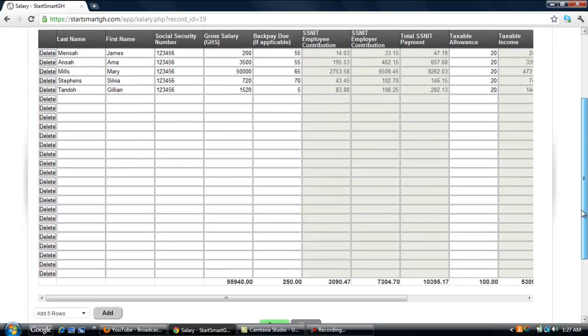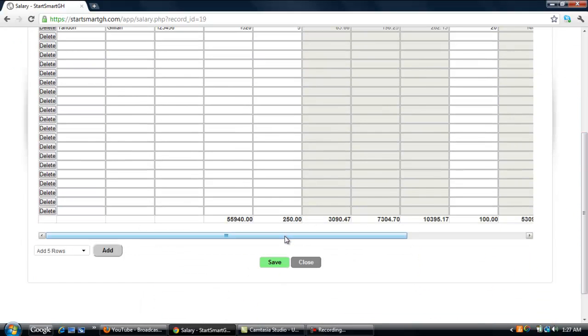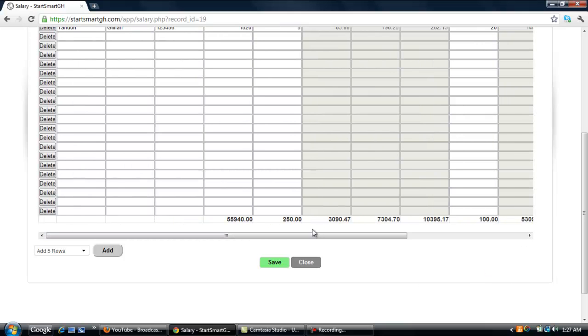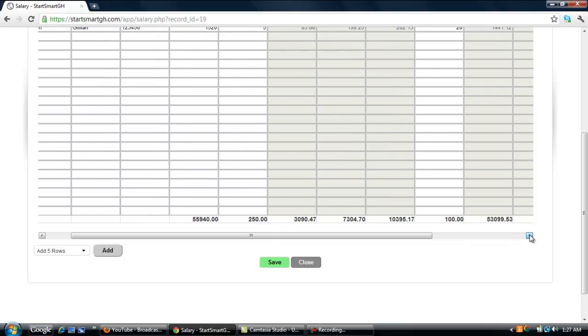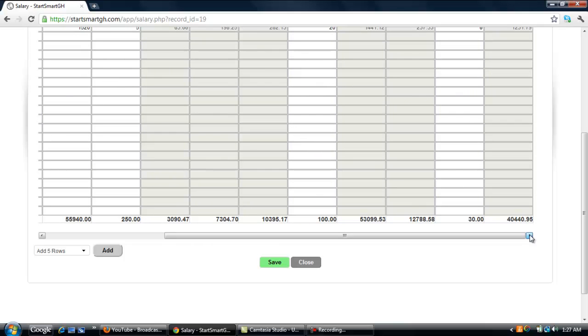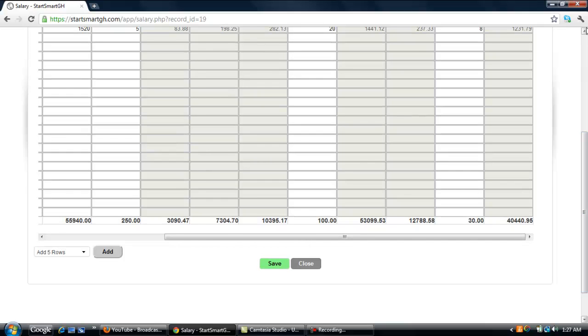I'm going to scroll down and you'll see the horizontal bar, which allows me to move across the sheet. You'll also notice a few numbers at the bottom of the page. These represent totals for the various columns, such as the gross salary column and the SNP contribution column, to give me an idea of how much I'm paying out of each category. So moving back to the top of the page,